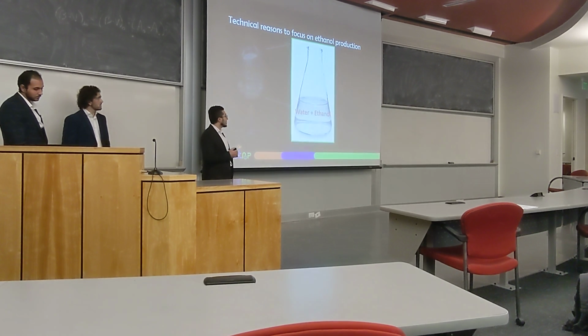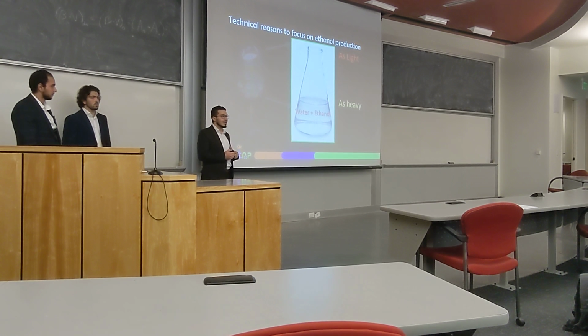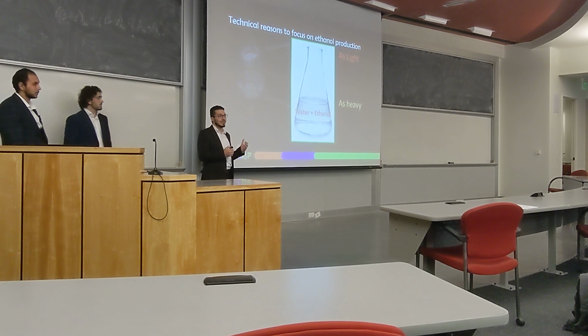But what will happen if we have something like water and ethanol? They are as heavy or as light. So if we increase the temperature and try to boil them to separate them, the vapor phase or the liquid phase would have the same composition, ethanol and water. This is actually what Azeotrop means in Greek: no change in boiling.